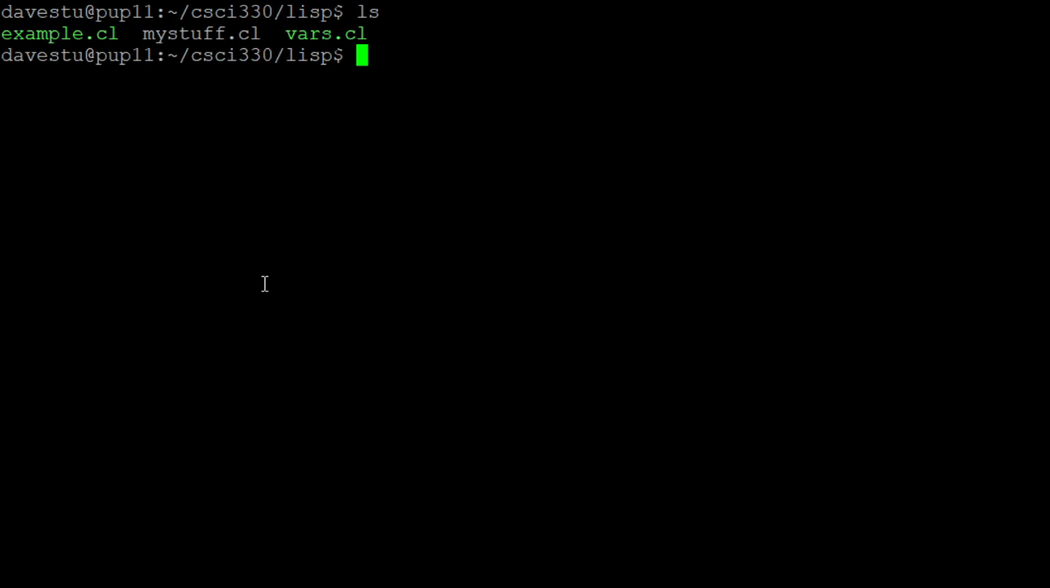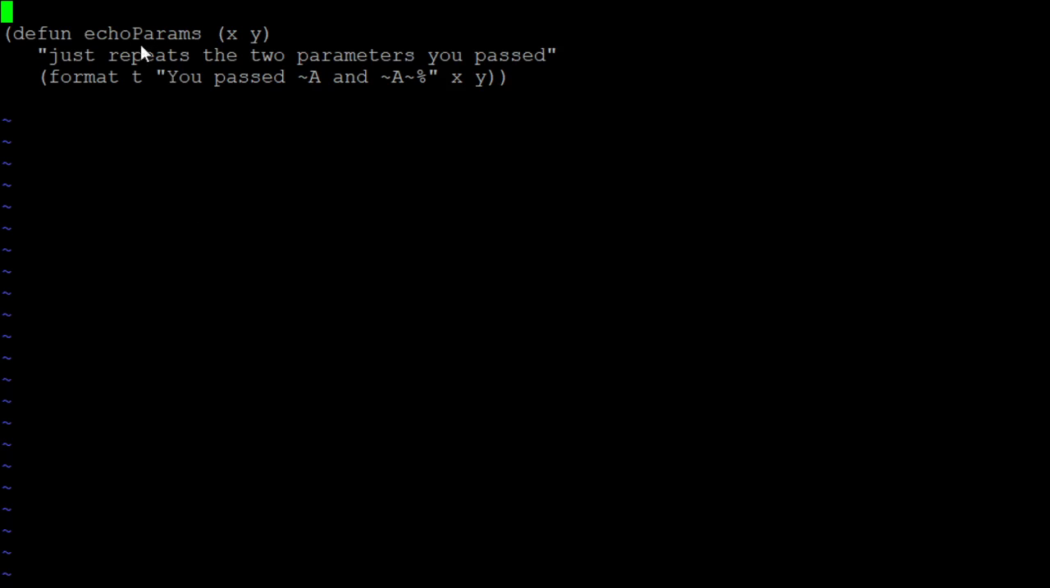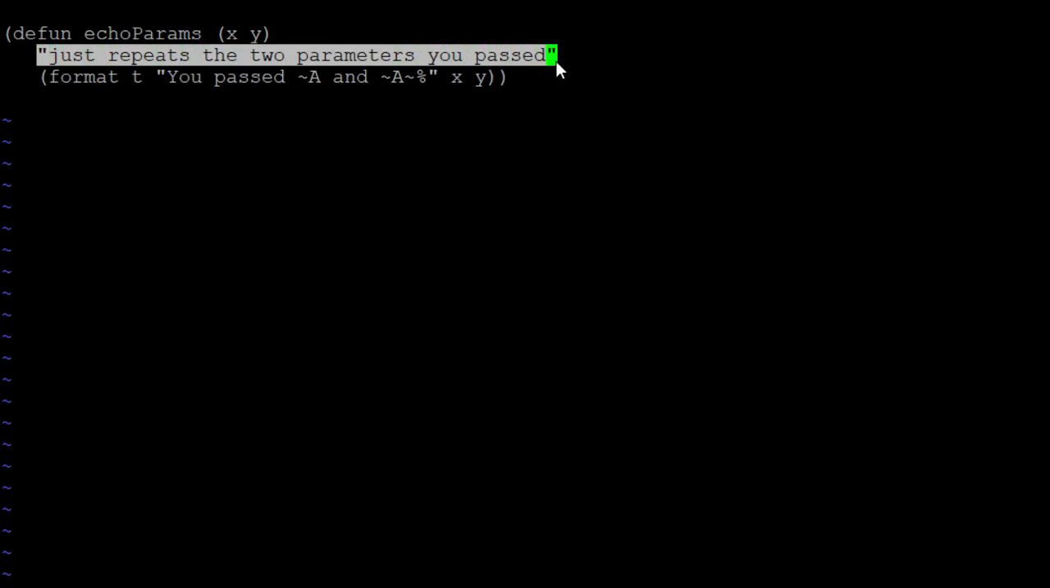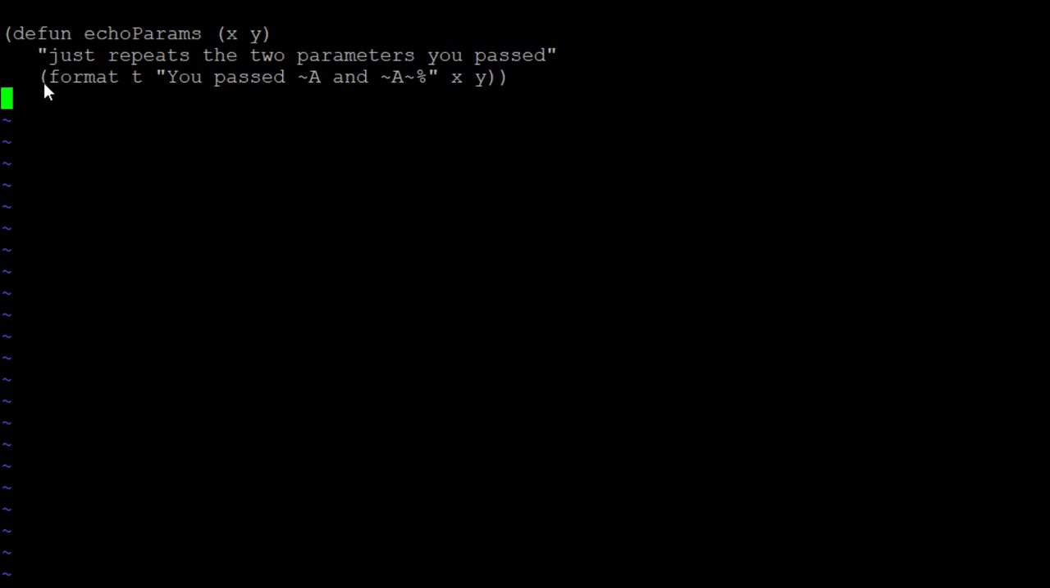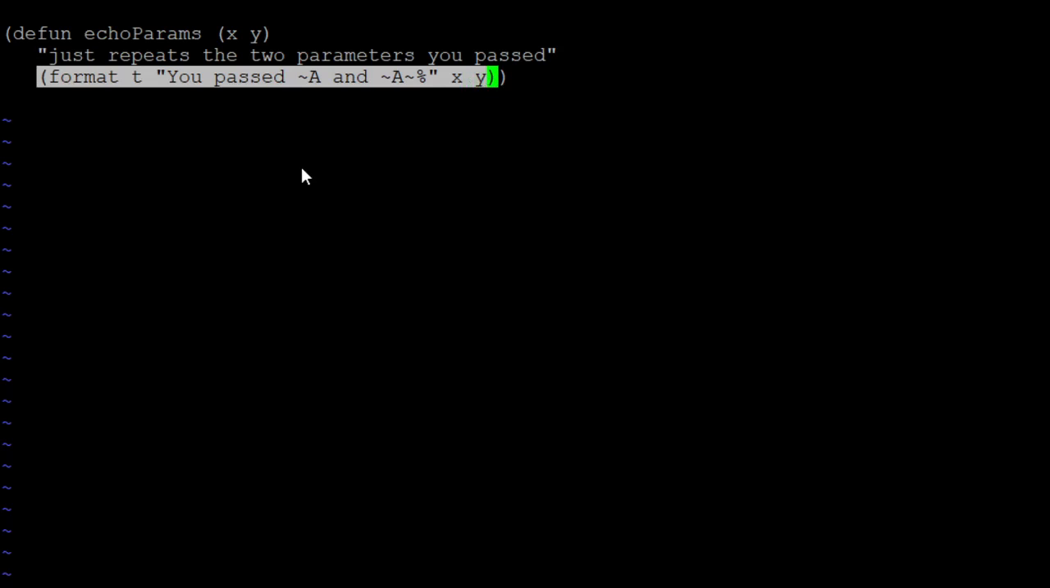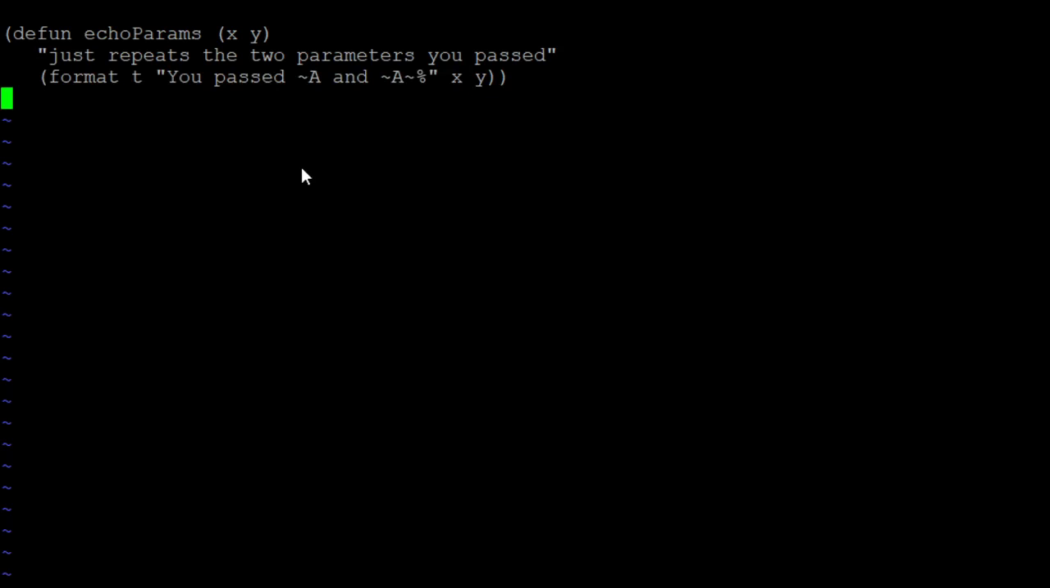So I think in my stuff, we had a function definition. In this case, I'm going to have a function called echo-params that just expects 2 parameters, x and y, and all it's going to do is print out to standard output the 2 values it was passed. So my documentation string, this just repeats the 2 parameters you passed. And then the body is just going to be a format statement in this case. You passed x and y. So if I wanted to try this out,